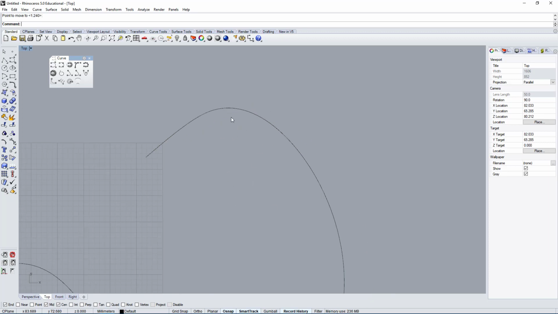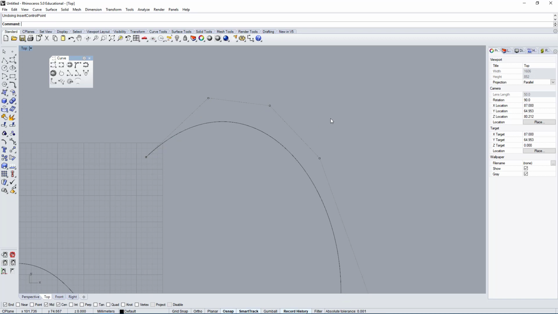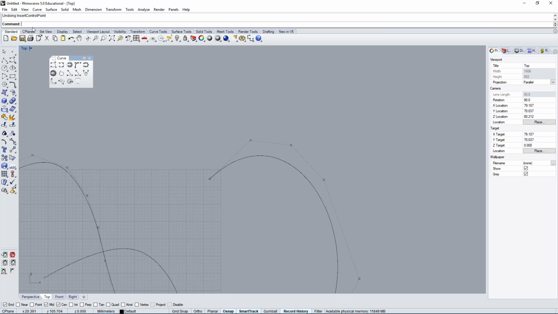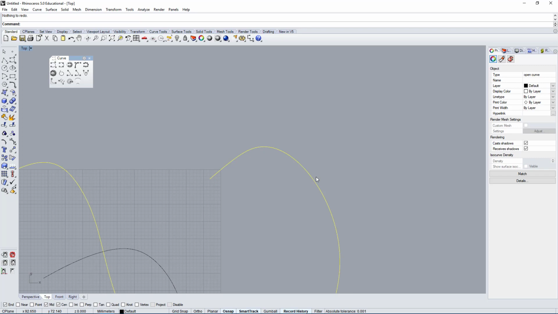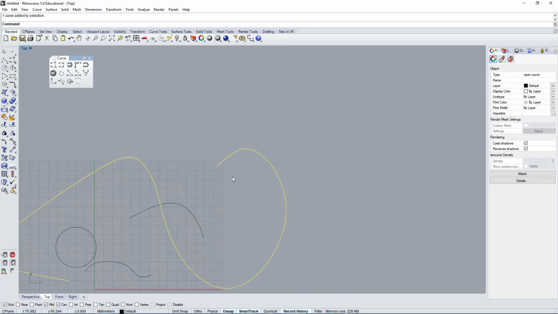If I undo this, you'll see how it was very different. Looking at this curve here, Control Z twice, 3 times actually, you can see it's more like a circle. It's very circular, with a very constant curvature. And if I use Control Y to redo, you can see now it's very sharp and then goes a lot more straight. So it has a sharper curvature and then it smooths out into a flatter curve. It flattens out.